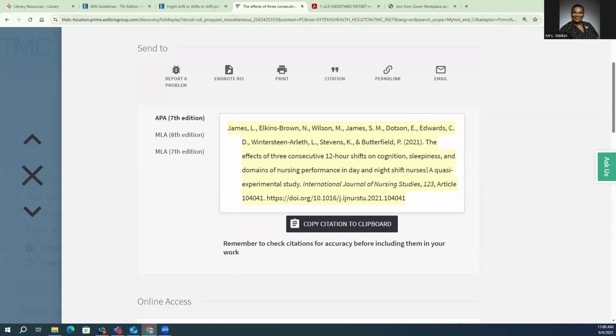And then if it has a colon, only the first letter or word after the colon is capitalized. So this is a good example, but not all of them will be like that. Let me find an example of one that we want to double check. Let's use this one.